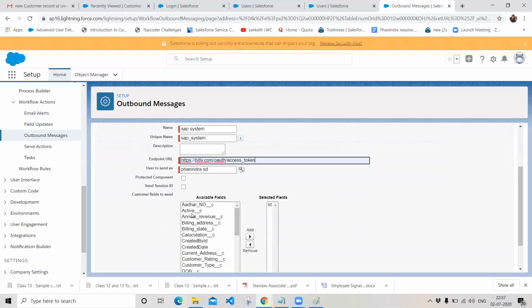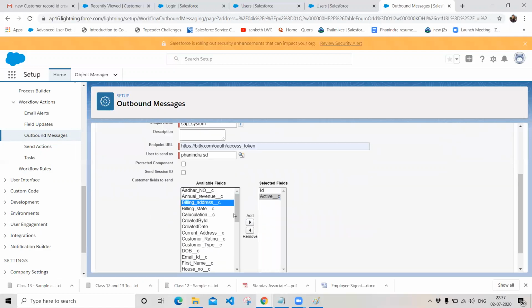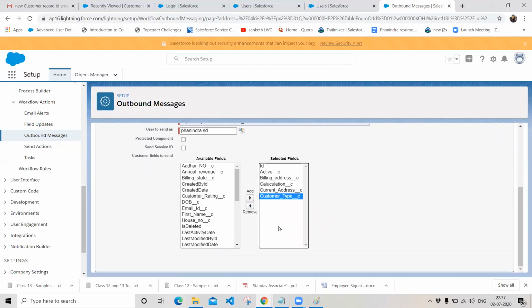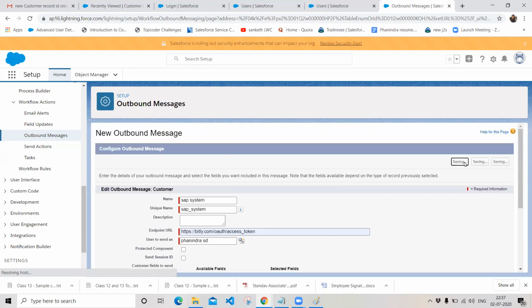And what are the fields that you want to submit to the third party system? Whenever you are submitting the fields, make sure the same fields with the same data type should be available in their organization. If they are not available, saving the data in their system will become very difficult. And this is with respect to create, and click on save and activate your process.